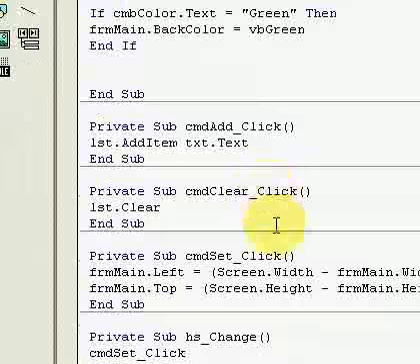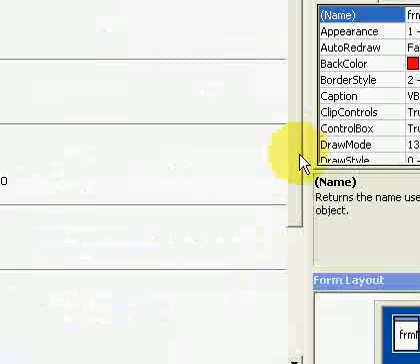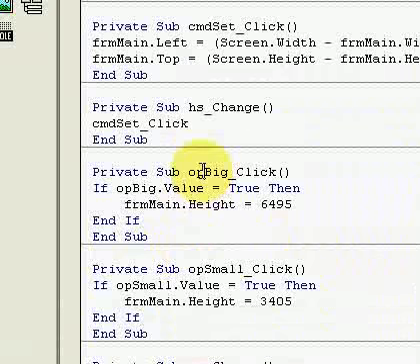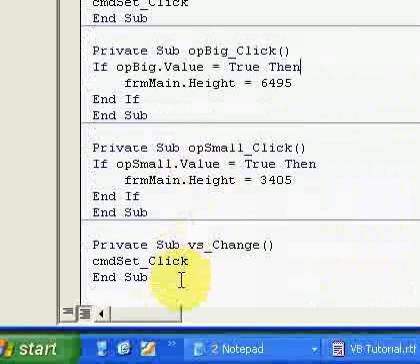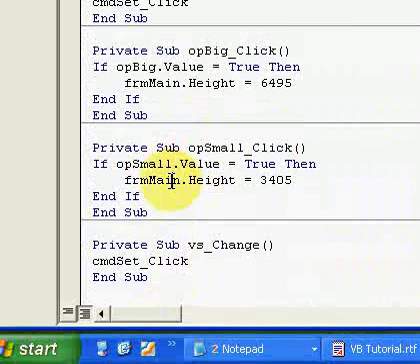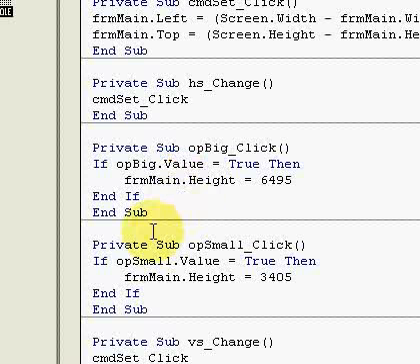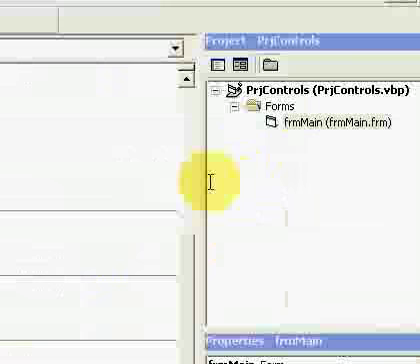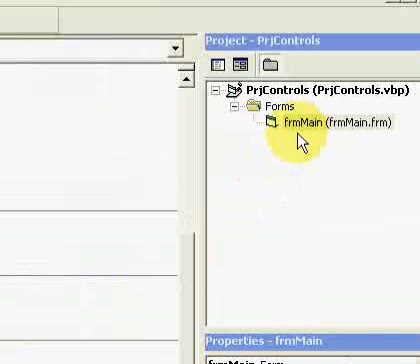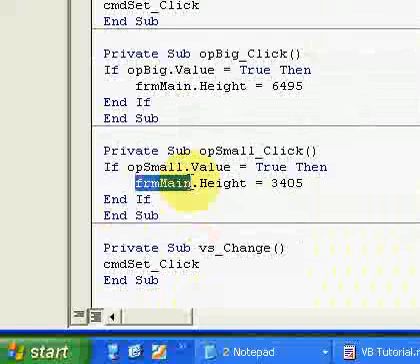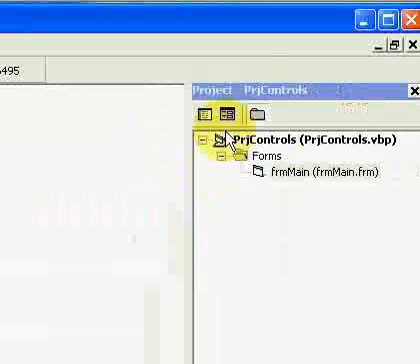Okay, the first thing that we need to do is to find something that is redundant. So for example, we have here the optional click. Okay, we can see here that we have here FRM main. FRM main is our main form right here. Because we have only one form, and the form that we are manipulating is the form where the code is written,